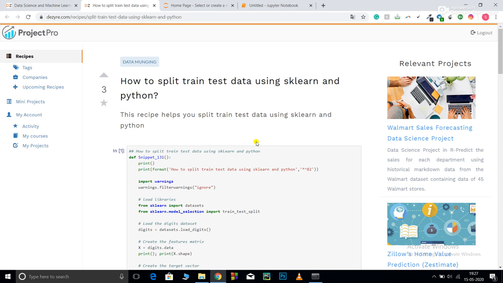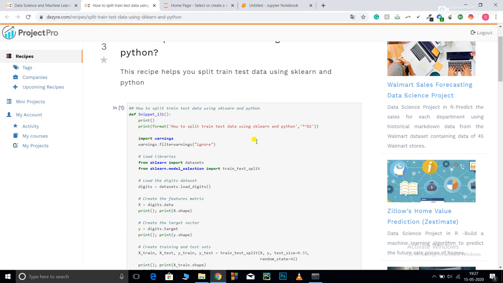In order to do that, what people do is split the data set that has been given into training and test. So basically they use the train data for training their model and the test data for testing the accuracy or the validity of the model. In this video we are going to do the same.